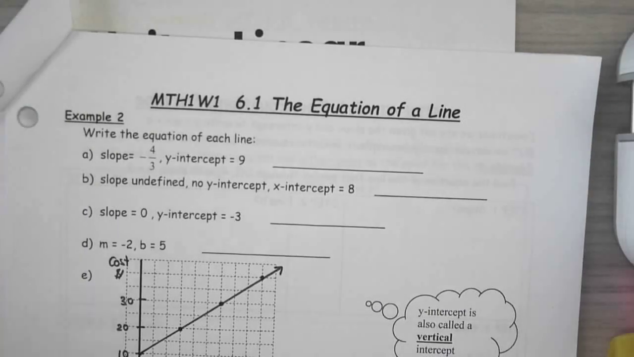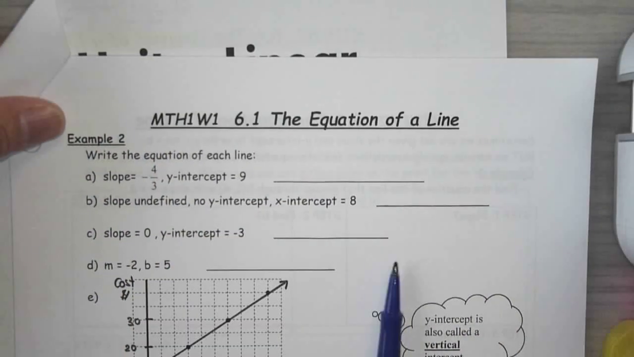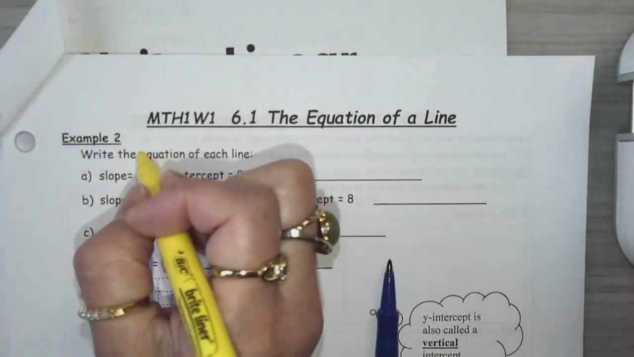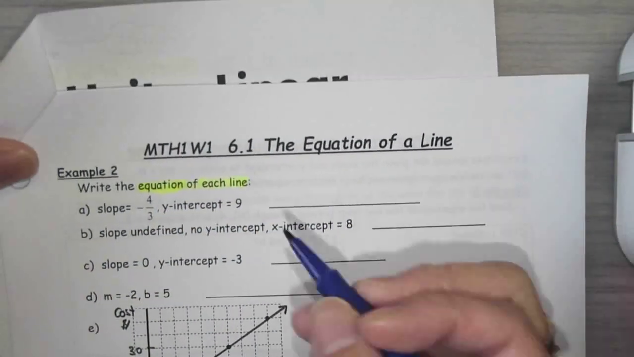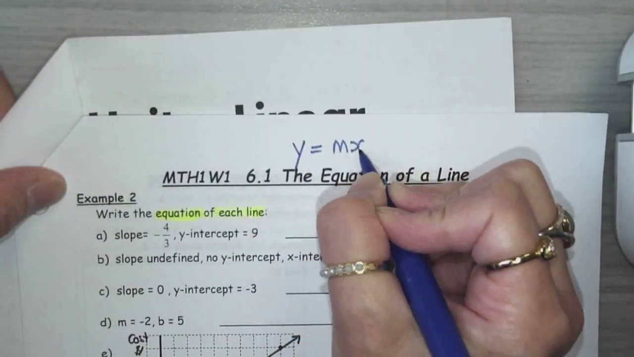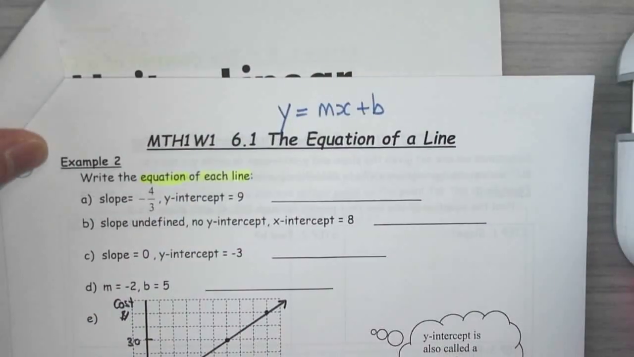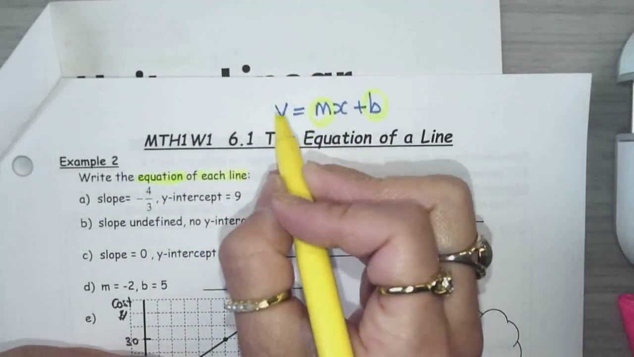Okay, so we're on page 2, example 2 of 6.1. We're writing the equation of each one of the lines. Equation is the key word: equation of each line. What we're now learning, and it's going to stick with us forever, is y equals mx plus b. We want to fill in the m and the b and leave the y and the